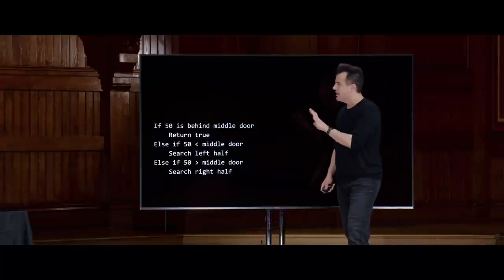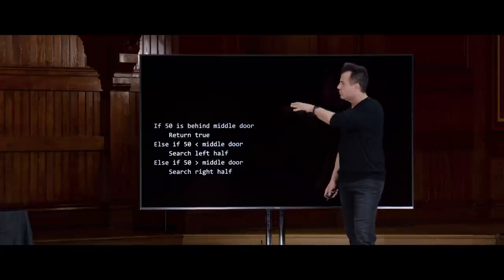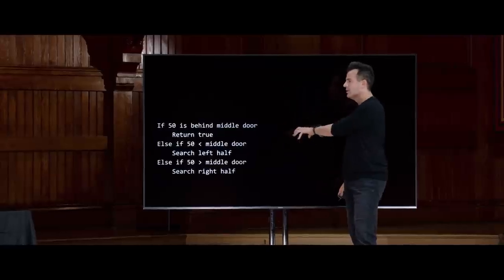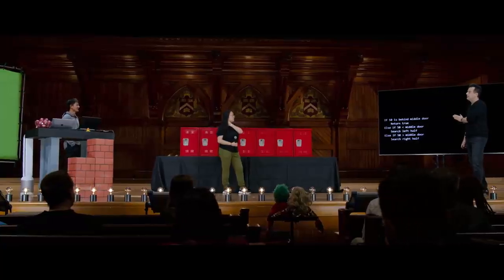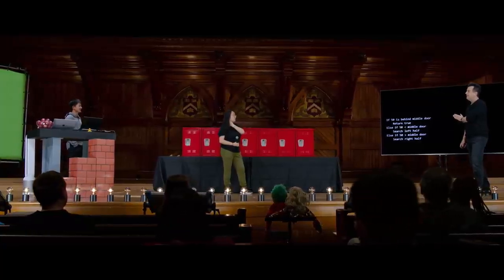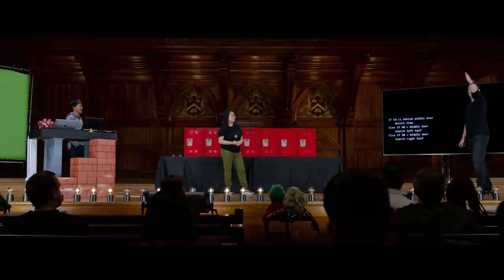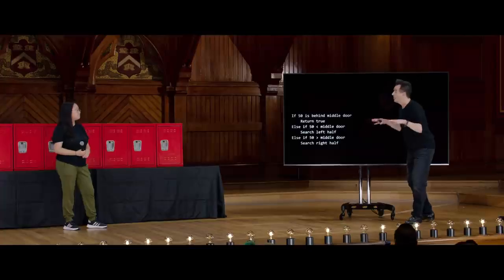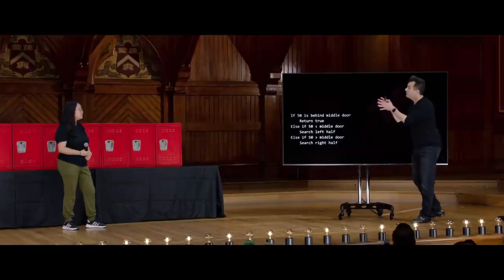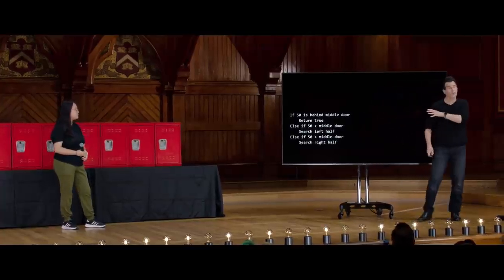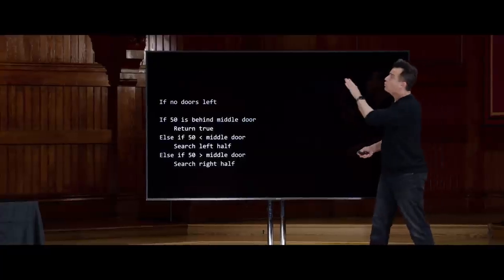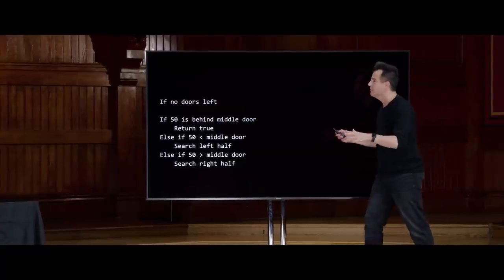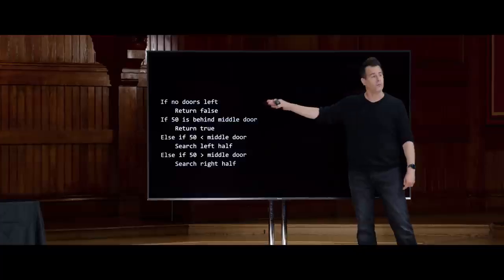But there's a 4th scenario here. And we talked a bit about this in week 0. Do you spot what other scenario I might want to consider? If it's either in the middle or to the left or to the right, what else might happen? It was that 4th scenario. Yeah. So it might not be there at all, right? I could have really set you up for failure by not putting the 50 there. And in code, though, we need to handle that, because I conjectured in week 0, when you don't handle all possible scenarios, that's when the computer crashes or freezes or just something goes awry. So if there are no doors left, you sort of run out of possibilities. Logically, we had better make sure we return false.